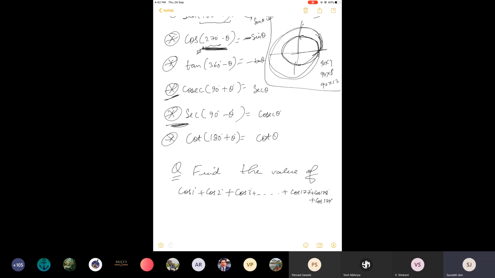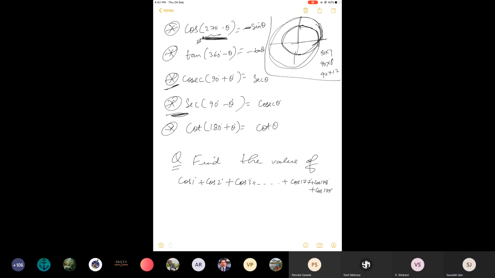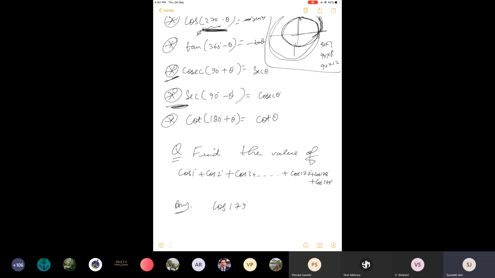See, to solve this question, we will have to use the reduction formula. And reduction formula means to reduce the angle. So that means the bigger angles need to be reduced. So first of all, I will try to change this cos 179 degree. I don't know the value of these terms. Otherwise, I will put their values and find the sum. So 179, it is very easy to understand that it is close to 180 degree. So I have written it as cos 180 minus 1. Tell me, what will it be equal to? Minus cos 1 degree. Yes, correct.